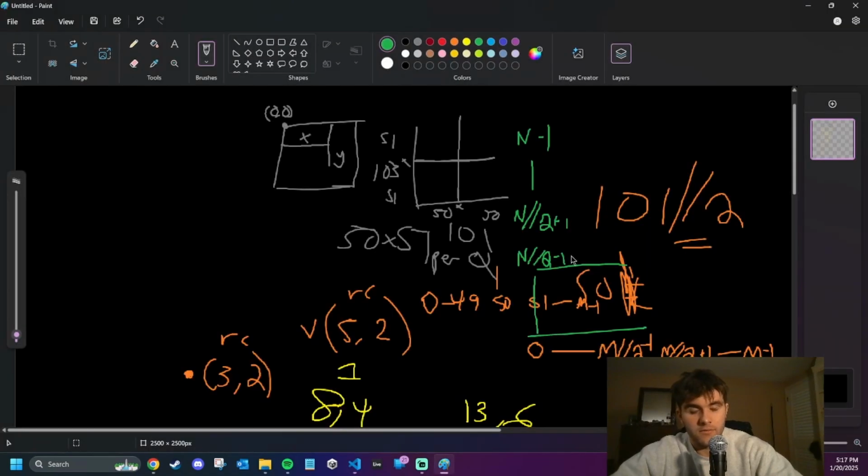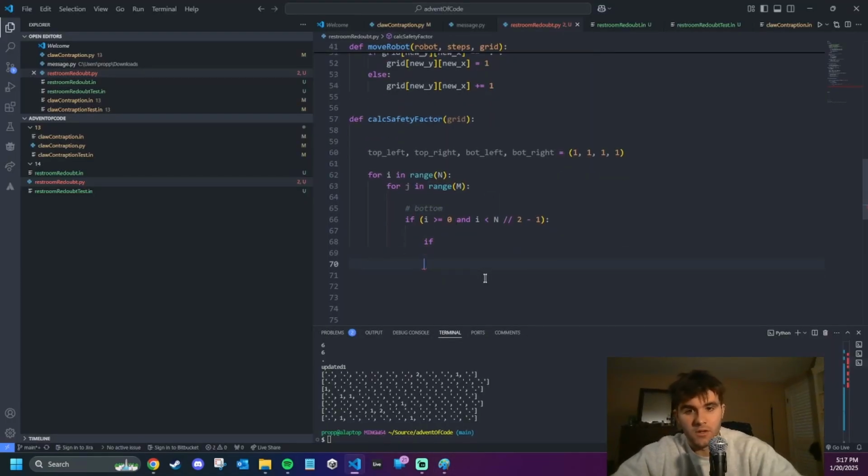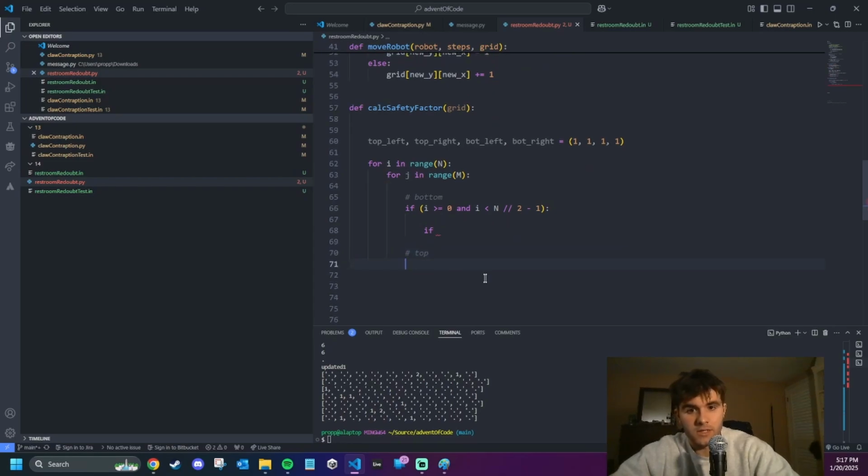Okay, so this means it's the bottom, and then top would be if i is greater than or equal to, and then I think it's equal to as well. Actually, what we could do to make it a little cleaner is just get rid of the equal sign and do that. So if it's greater than n floor division 2 and i is less than n minus 1,